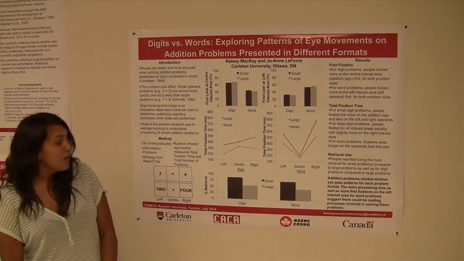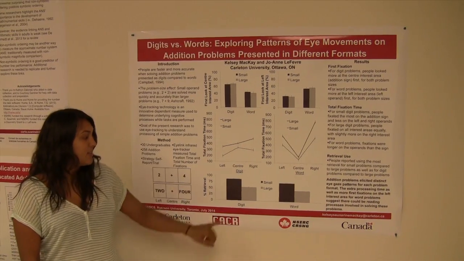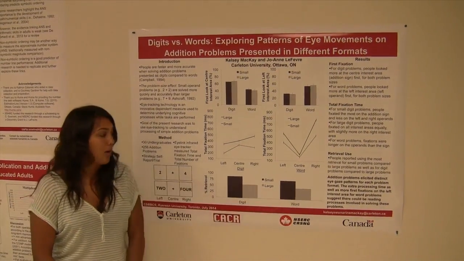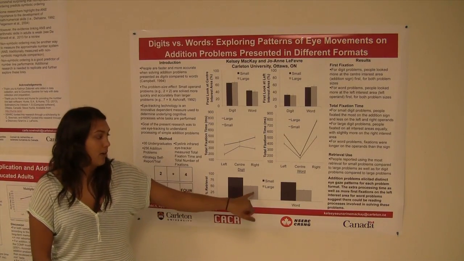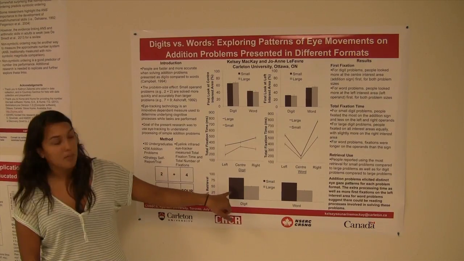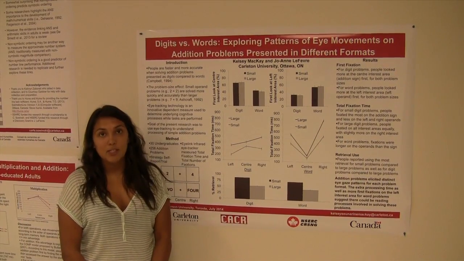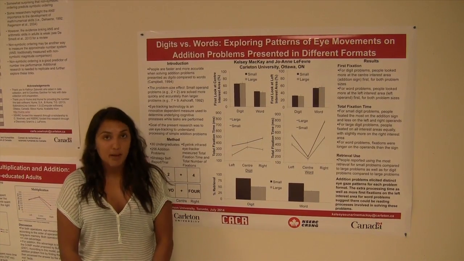For the percentage of retrieval, it was found that digit problems took more retrieval than word problems overall. Also, small problems used more retrieval overall than large problems, as seen in the dark bars compared to the light bars. Overall, we found a difference between digit and word problems, which means that there are different cognitive processes used